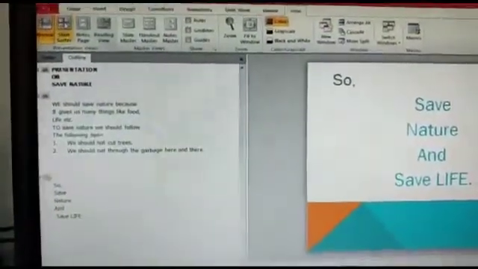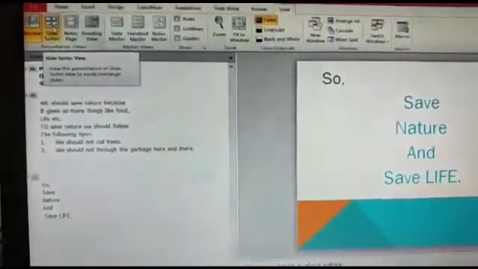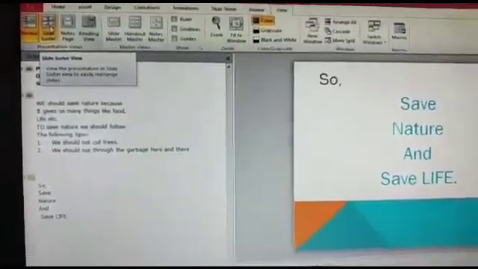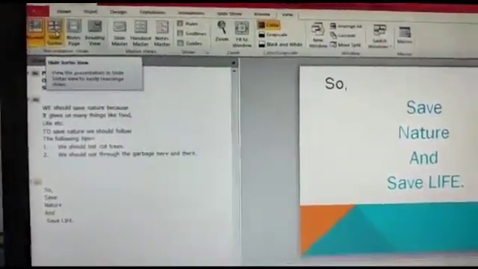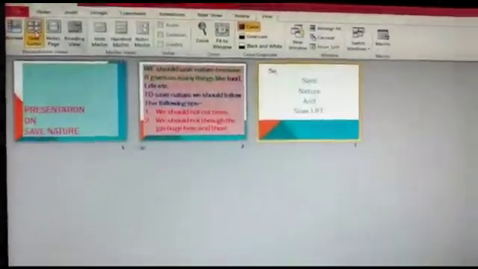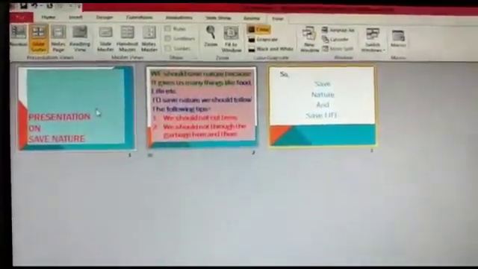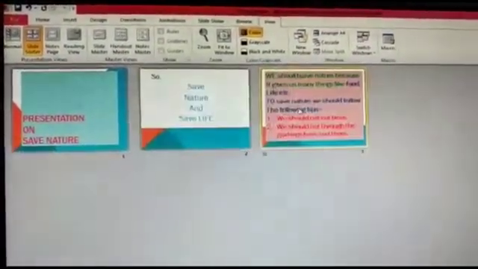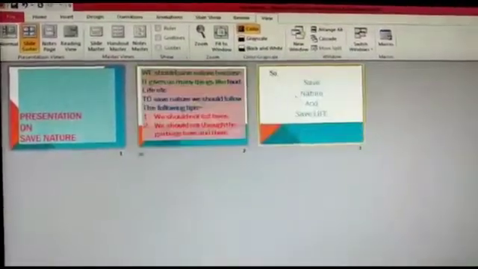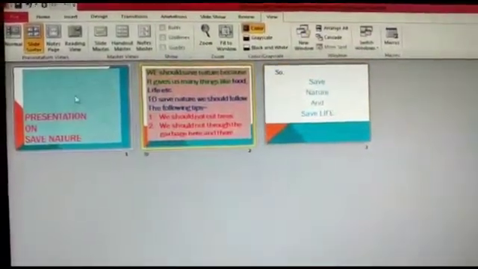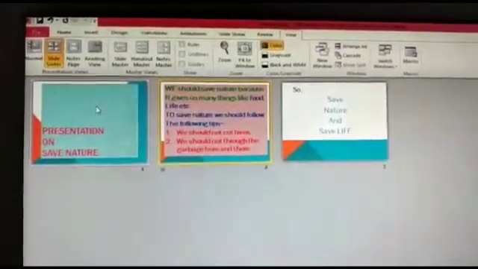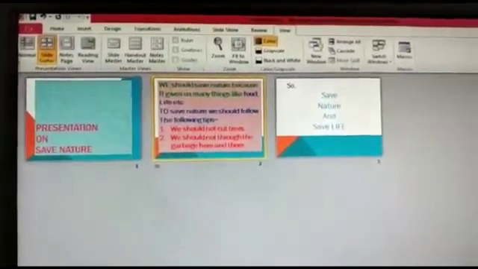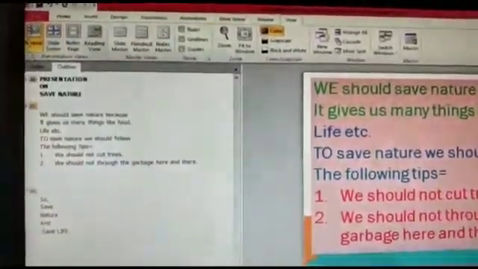Now our next view is slide sorter view. It lets you view the presentation in slide sorter view to easily rearrange the slides. I am going to click on the slide sorter view. Yes, you see here, this is the first slide and you can rearrange slides. Like you can easily move them up and down in this way. So in this way you can adjust your slides. So this is your slide sorter view.